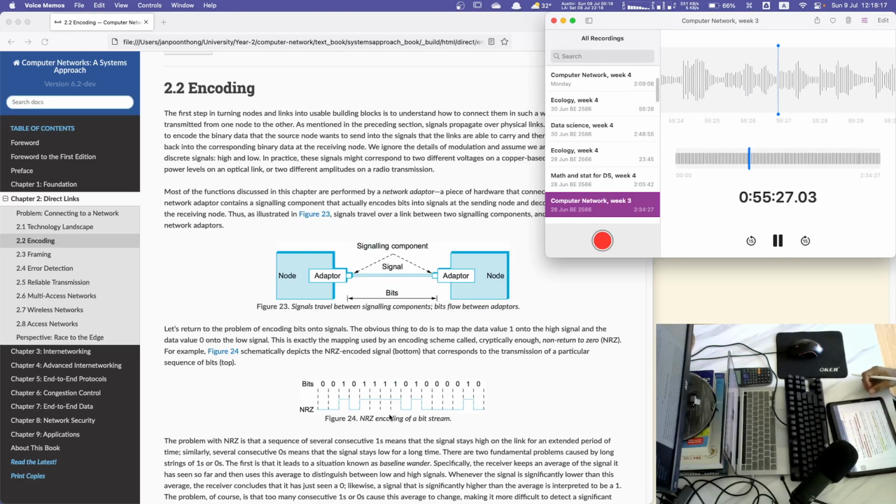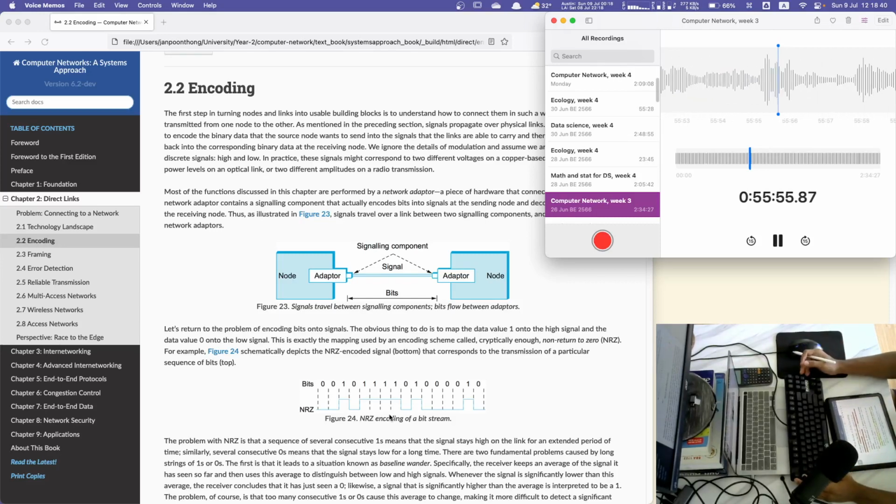On the decoding side, the receiver side, the receiver calculates the average power of the received signal. This average power is called the baseline. So the receiver calculates the power, how many 1s, how many 0s. We don't need the equation to calculate power, just say power. It will calculate the average power, called the baseline. The receiver uses the baseline to distinguish between low and high signal. Based on the baseline, the receiver